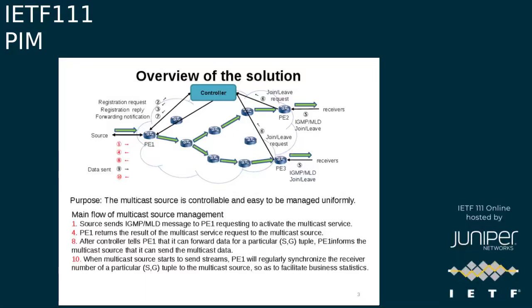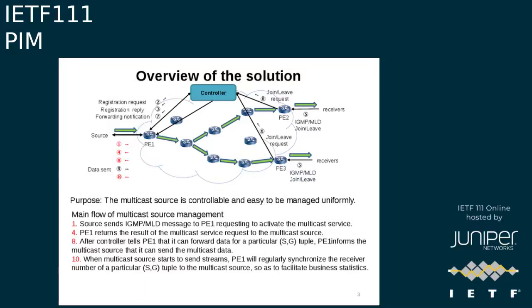In this way, the transmission of multicast source data can be effectively controlled, enhancing the security and controllability of the multicast service. We will introduce our solution in combination with the BIER multicast management signaling process based on PCEP